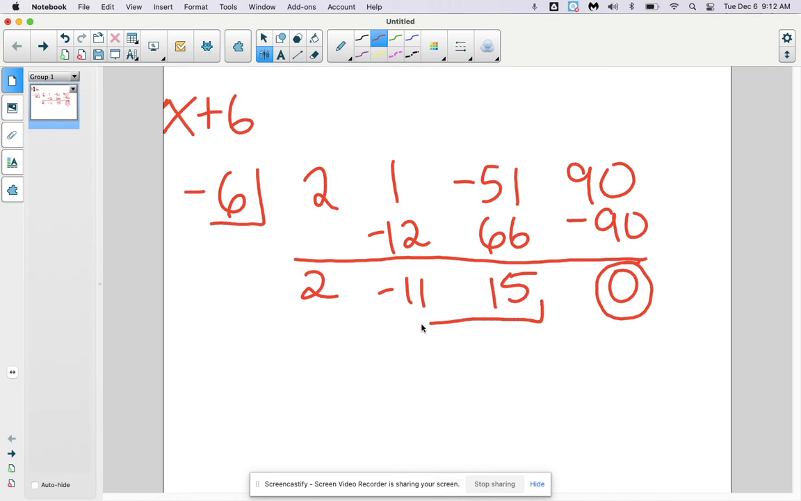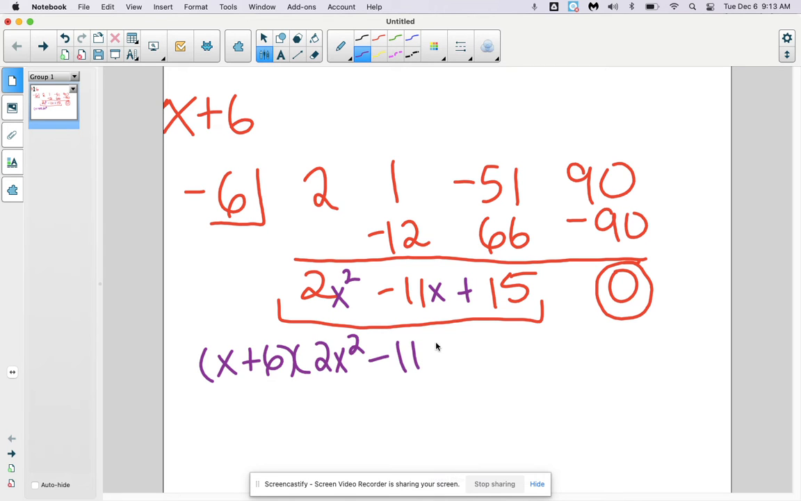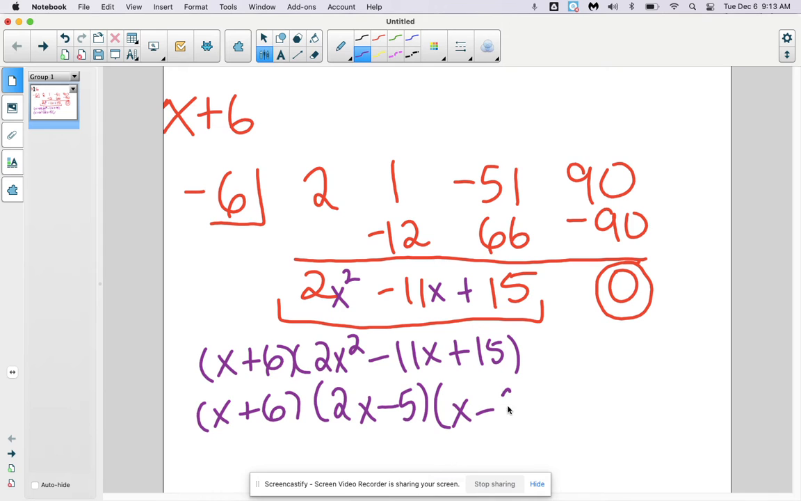This resultant quotient polynomial of 2x squared minus 11x plus 15 is what we will use with that x plus 6 to further factor the polynomial. Using a little bit of AC method on the 2x squared minus 11x plus 15, you could get that the factorization of that trinomial is 2x minus 5 and x minus 3,